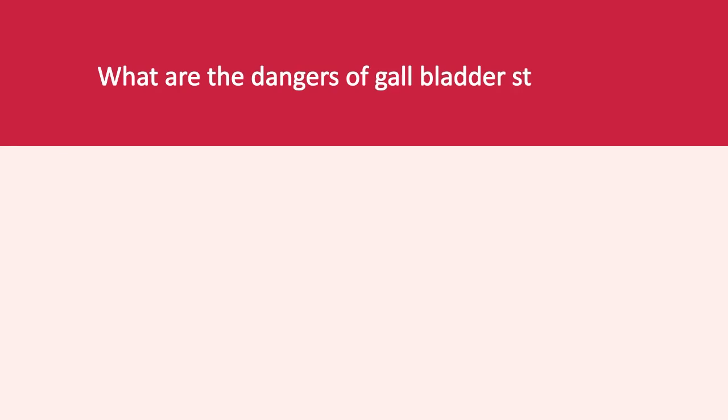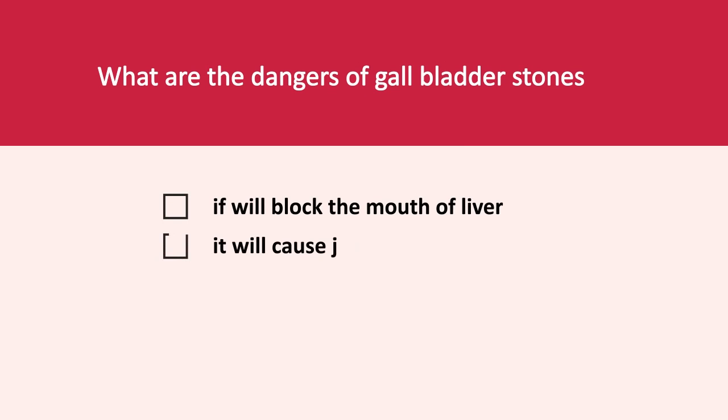There can be 3 types of questions. One can be understanding based, such as what do the upper figure and the lower figure mean when the blood pressure is high or low, and what are they called? This is conventional in nature. Second can be what are the dangers of a gallbladder stone if someone has it, because the gallbladder stone has the potential to block the mouth of the liver, in which case it can go on to cause jaundice, and it can be really fatal.